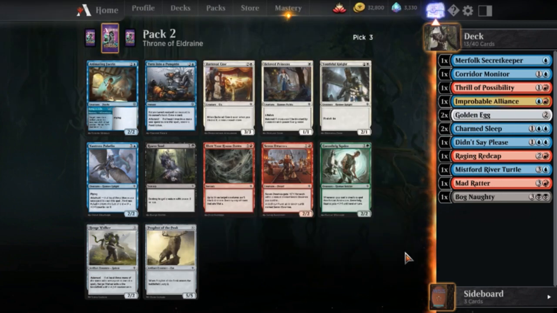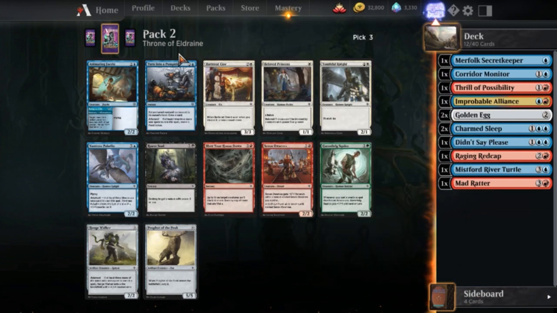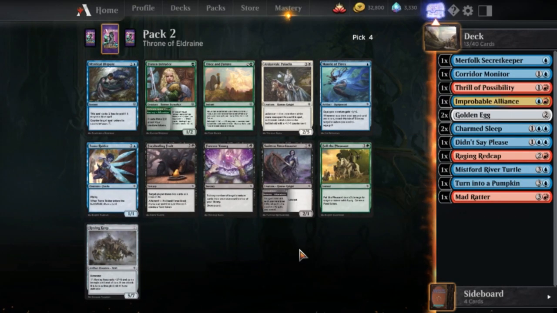And then we'll have kind of a backup plan of milling the opponent out if it comes to a board stall or if they play Revenge of the Ravens. But I really like Turn into a Pumpkin. I was about to say we might have to give it a second here, but we're back